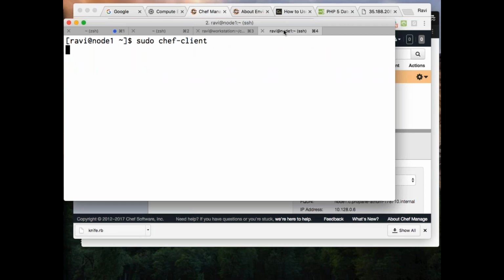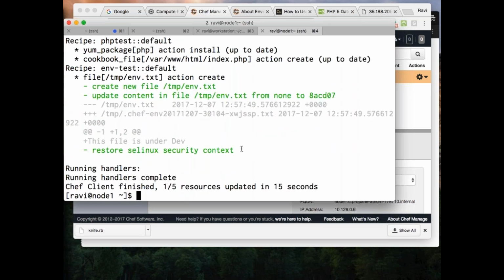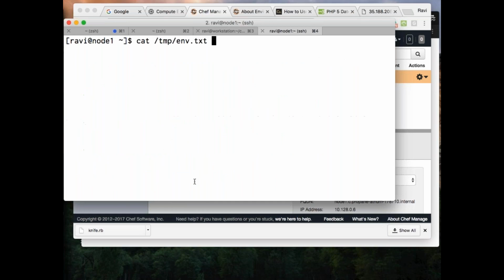Now it's taking environment test. And it said something like the particular context cat slash done.txt.